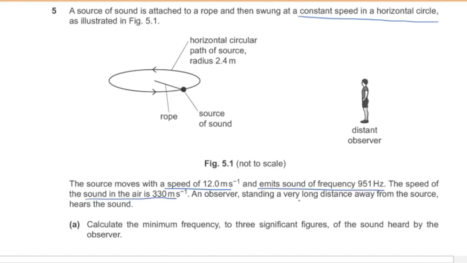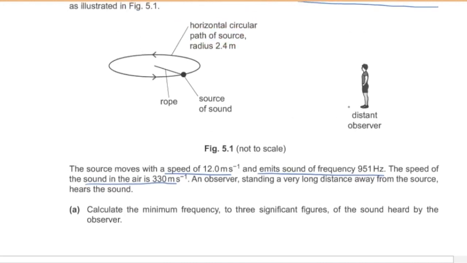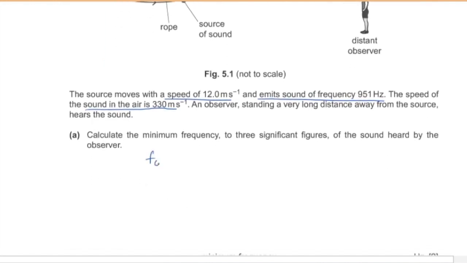An observer standing at a very long distance away from the source hears the sound. Calculate the minimum frequency to 3 significant figures of the sound heard by the observer. So the minimum observed frequency is going to be heard by this observer when the source of sound is somewhere here, far from the observer. So the observed frequency has a formula: